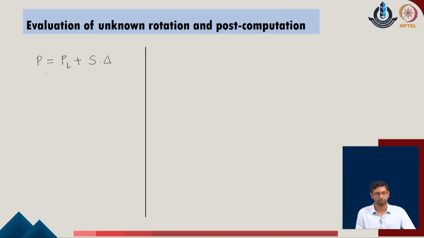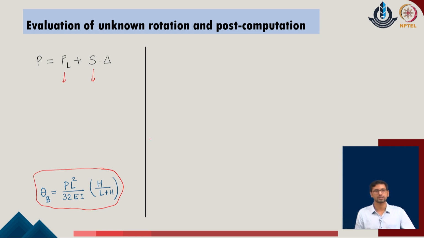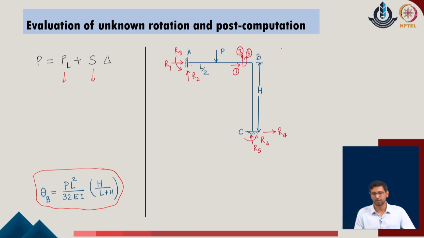Now, with this idea in mind, we define this condition, and by solving these values by the defined value of P, L and S expression in the given system, we can generate the theta value of the given problem. Once we have got the theta value, now we move to calculate the support reactions and the member end forces of the given system. We realize that the support reaction and the member end forces can again be decided in the same manner, that A of r will be equal to A of r with respect to the loading or the fixed ended system plus S of r into delta in the given problem. And similarly, the A of m, which are the member forces, can be defined as the member forces with respect to the fixed ended or the loading system plus S of m into delta in the given problem.